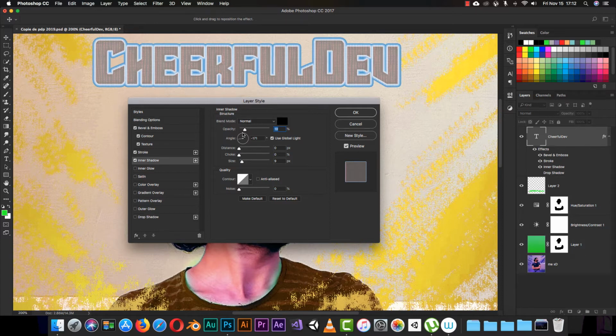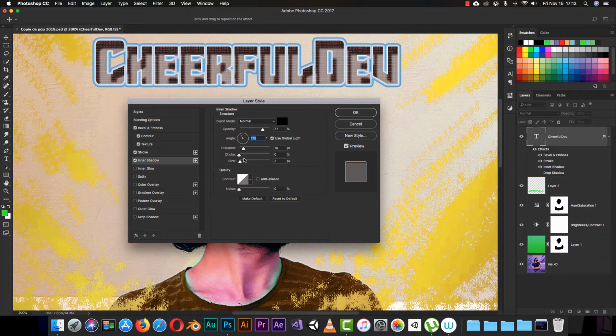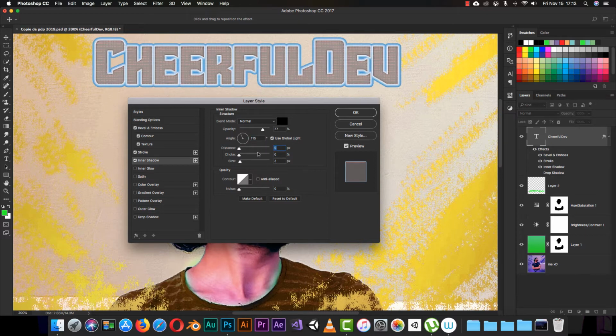But what I want to show you in this inner shadow is this option here. Let me just make this size bigger like this. Look closely. I will move my cursor outside my layer style, and I will start clicking on my document here. Let me make this size smaller like this. Let me move the distance a little bit, and as you can see, this is basically how you can use this inner shadow. I will deselect this inner shadow for now because I don't want any inner shadow in